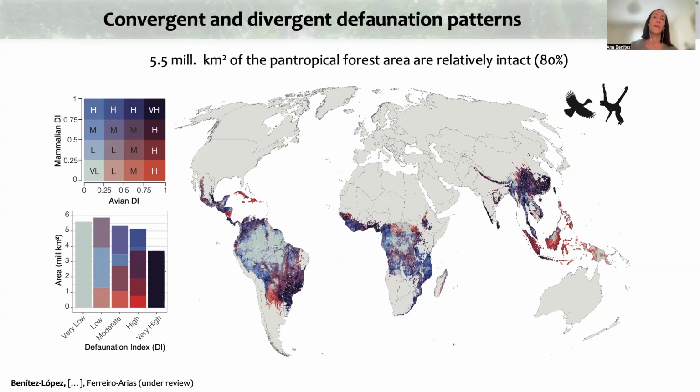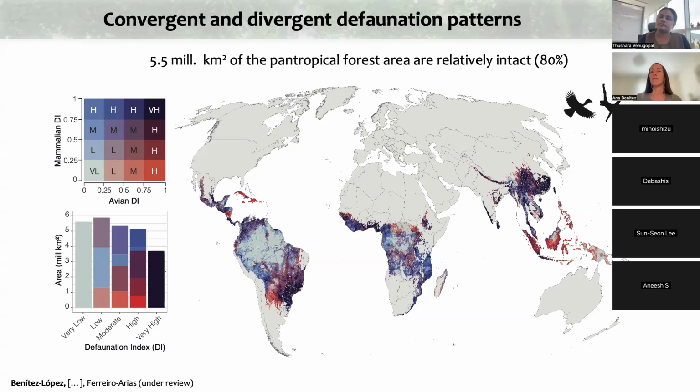And then there are some areas where it's mostly mammal populations, for example, the Horn of Africa, Mozambique, and the south part of the Amazon basin, closer to the Chaco. So when we put everything together, instead of 50% of the pantropical forest area being defaunated according to our models, these numbers could go up to almost 80% of the pantropical forest zone with mammal or bird populations, or both, reduced below what we would call intact community levels.